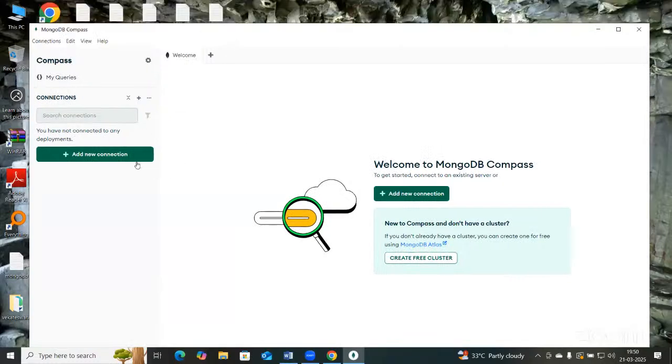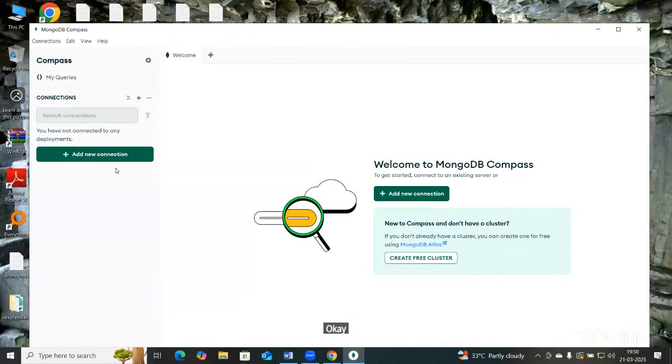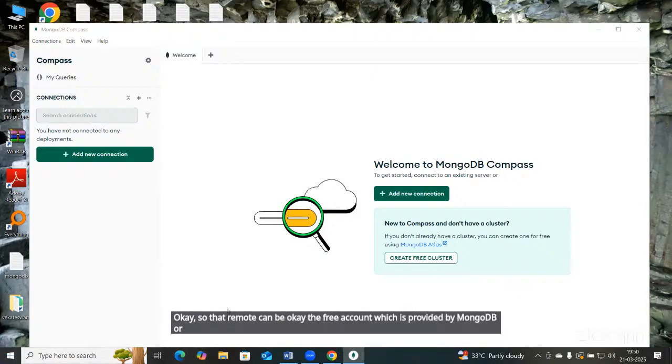By using this, you can connect to a local server and you can connect to a remote server also. That remote can be the free account which is provided by MongoDB, or sometimes